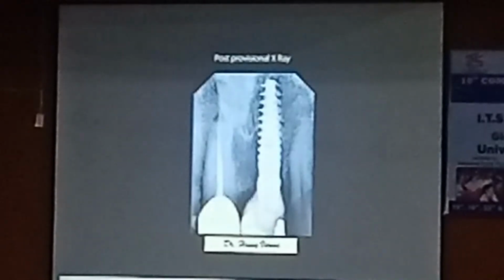You've preserved the socket, you've done a socket shield. But what if the present tooth had a periapical lesion somewhere and you would have found a fenestration? What decisions would you have taken? So one by one. You understood the scenario? Right? So here, you have a socket shield, right? You've made an osteotomy site, you've put an implant. Now